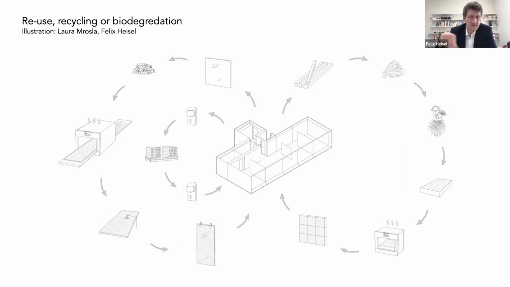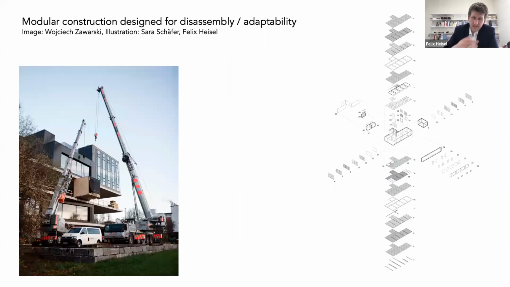So the rearrangement of molecules in the biological metabolism is a much bigger metabolism than talking about technical nutrients on the left. And then there's a very small and direct cycle of reused elements. And the whole building is